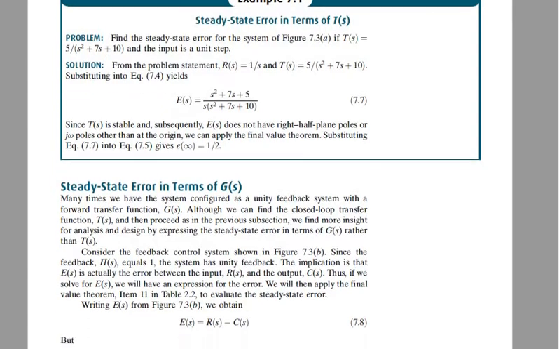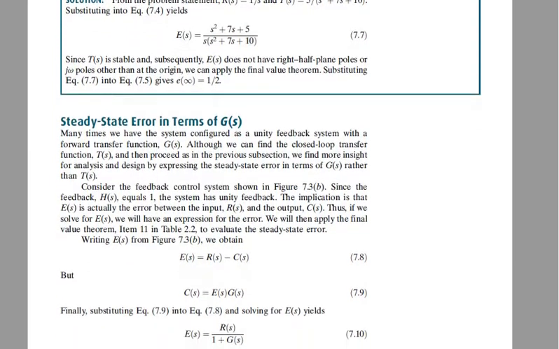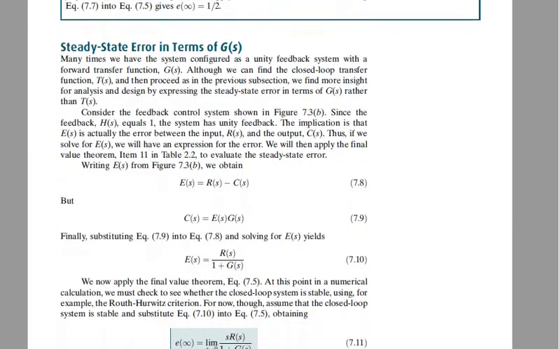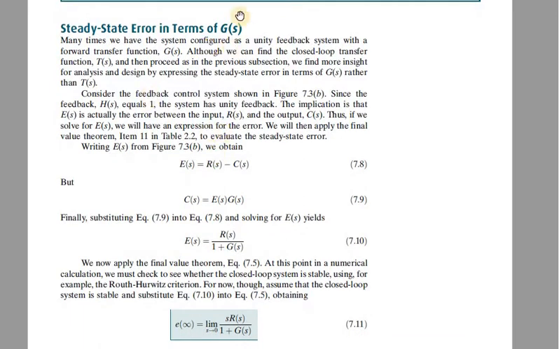In most of the cases we don't have the closed loop transfer function, but instead we have the open loop transfer function. Now if we have the open loop transfer function, we call it G of s. So how can we calculate the error? We will do the same thing. We know that error is equal to R minus C of s. Now C of s can be calculated as,